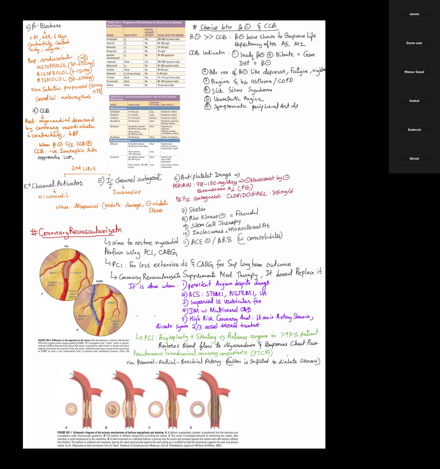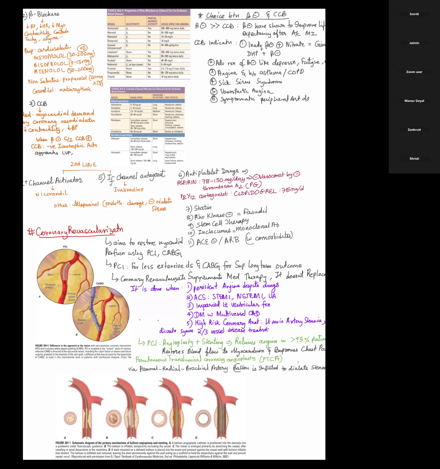Now coming to the coronary revascularization part, which has aimed to restore the myocardial perfusion using percutaneous interventions and coronary artery bypass grafting. PCI for less extensive diseases and CABG is used for superior long-term outcome. Coronary revascularization supplements the medical therapy. It does not replace it. तो मेडिकल थेरेपी के बाद ही हम पीसीआई या कैबजी करते हैं। तो पीसीआई में हम स्टेंट डालते हैं जो